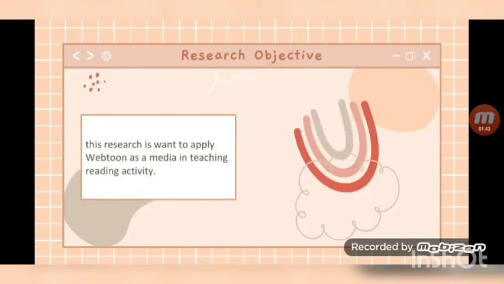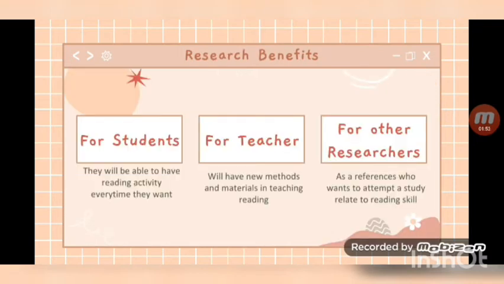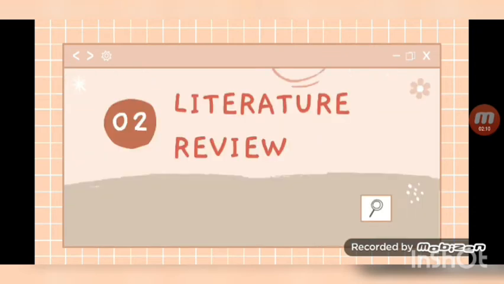Research objective. For the research objective, the researcher wants to apply webtoon as a media in teaching reading activity. And for the research benefits, for students, they will be able to have reading activity every time they want. For teachers, they will have new methods and materials in teaching reading. And for other researchers, as a reference, we want to add a study related to reading skill. We move to chapter 2, literature review